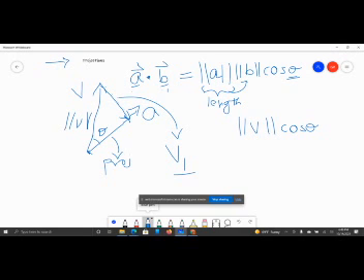Right? But this is a scalar. This is not exactly what we wanted. So instead, we would have to do the norm of V cosine theta